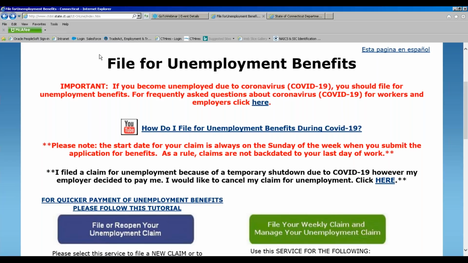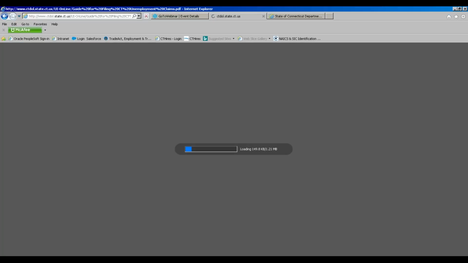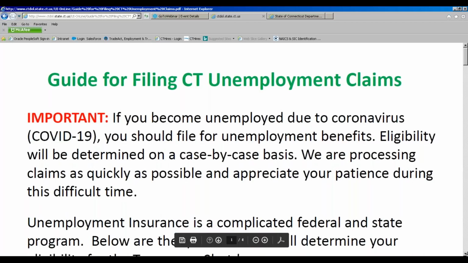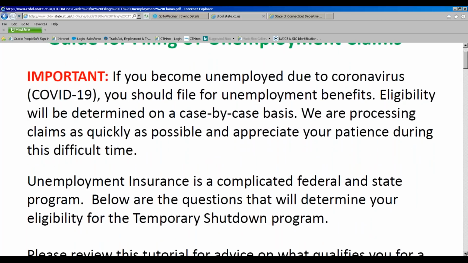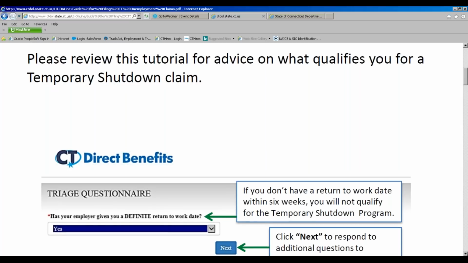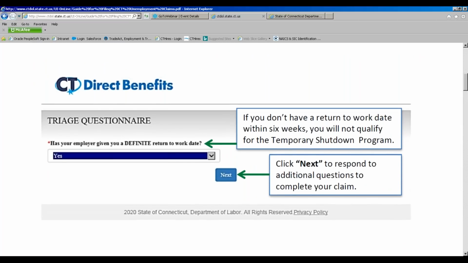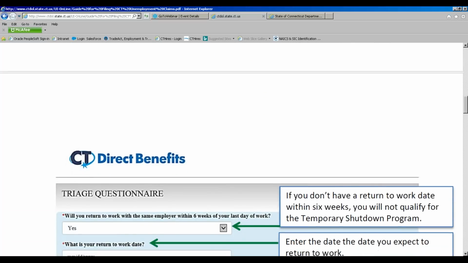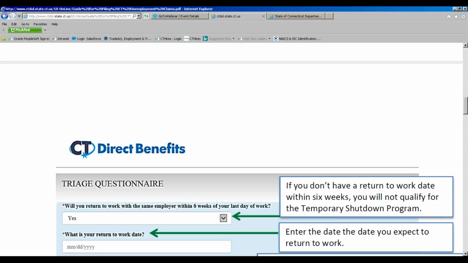As far as the guide, the tutorial it's also referred to, that's up on the website, you should continue to refer to that. Initially, we thought that putting in those return to work dates would be the most efficient way to try to get this unprecedented level of claims processed. But again, we realized that return to work dates are becoming more and more unrealistic. So we are not advising you to put in a date unless you have a specific date that your employer has given you that you should be returning to work. In that case, you should enter that date. If you don't have a return to work date, please do not enter one.